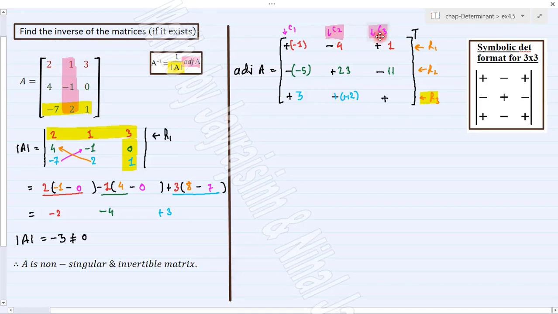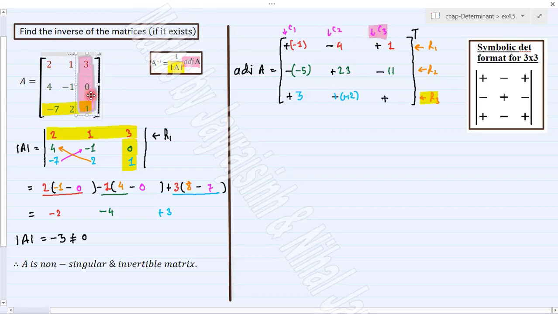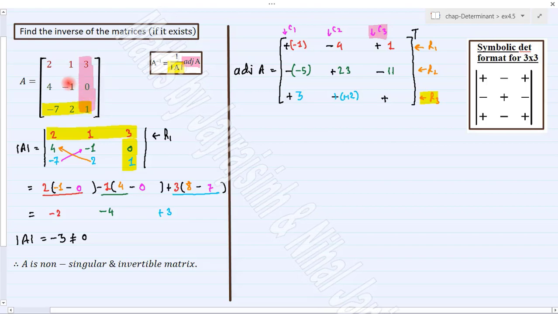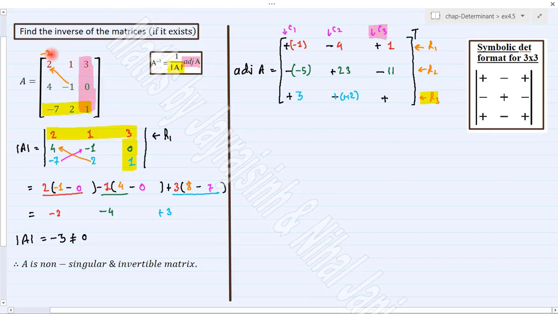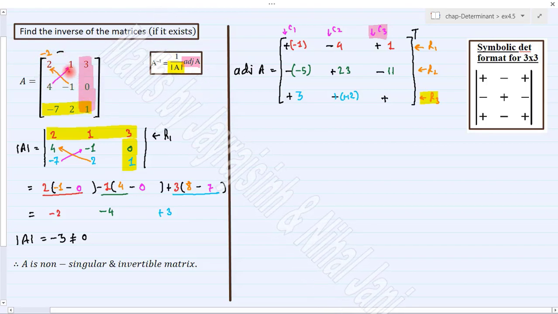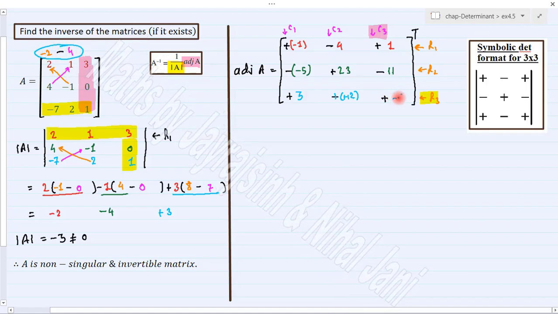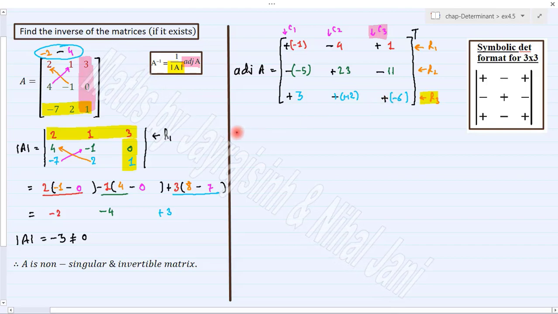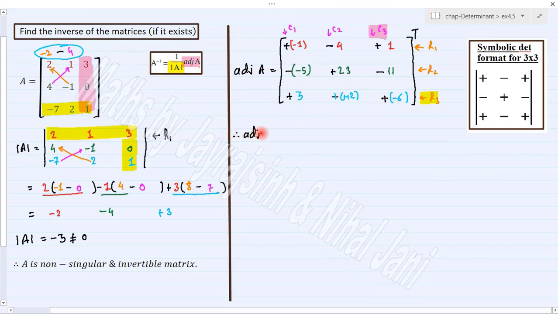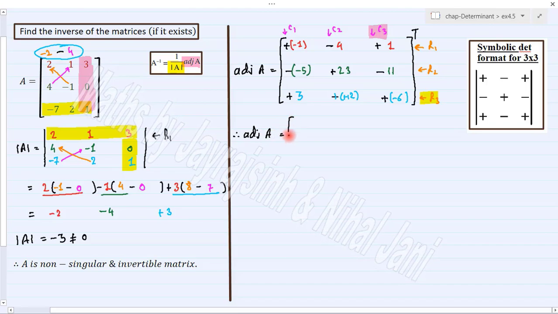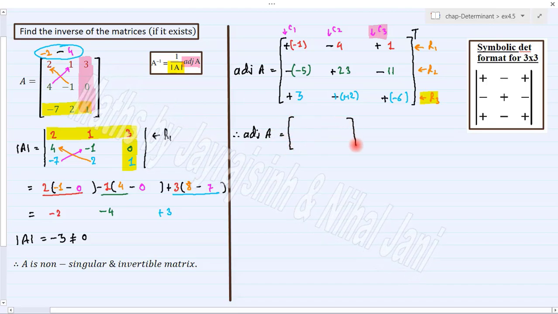And the last element is obtained by last column. So minus 1 2s are minus 2, minus 4 1s are 4. So minus 2 minus 4 will be minus 6. Now finally, to get adjoint of A, we just have to take transpose, in which your row will